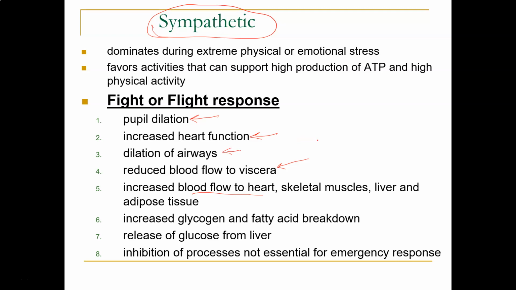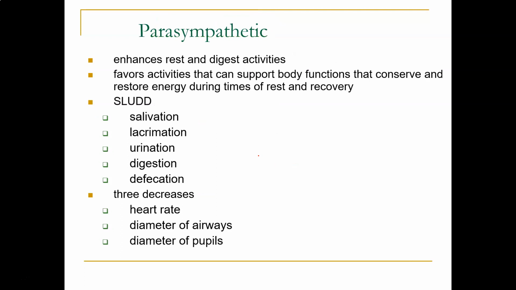So just think about all the things that happen when you're in fight or flight mode, and that'll help you in most cases figure out what effect the sympathetic nervous system has. Now the parasympathetic, we don't usually think about being in a state of mass parasympathetic activation like we do with the fight or flight response, but there are some examples of where you're mostly sending parasympathetic impulses to your body,